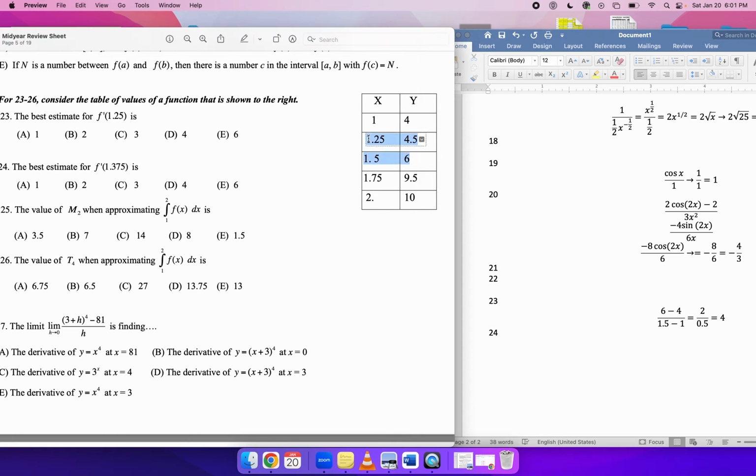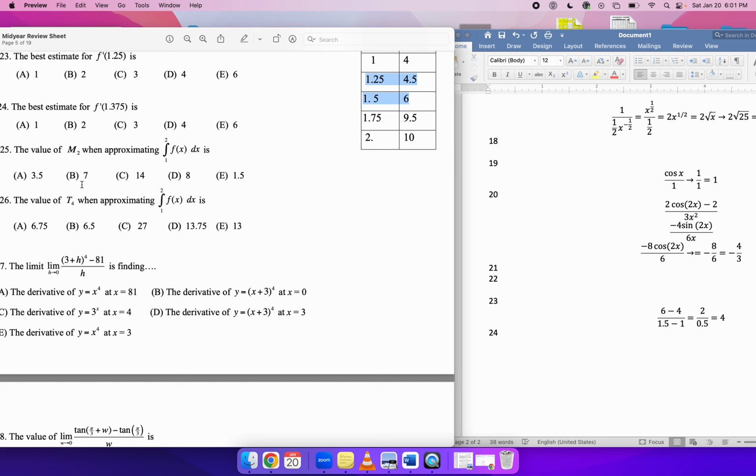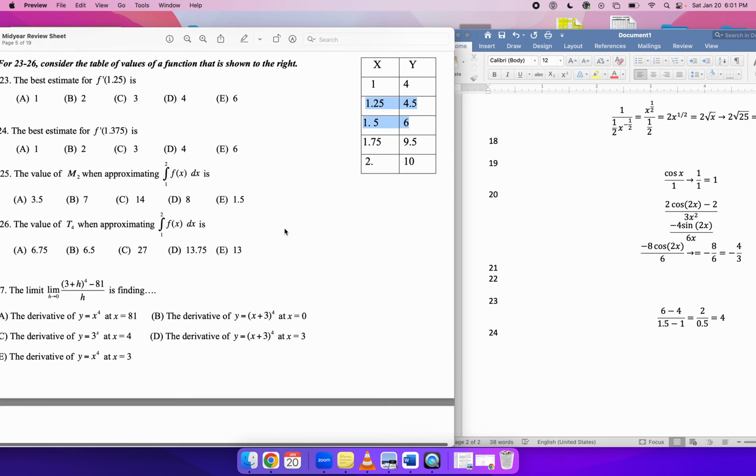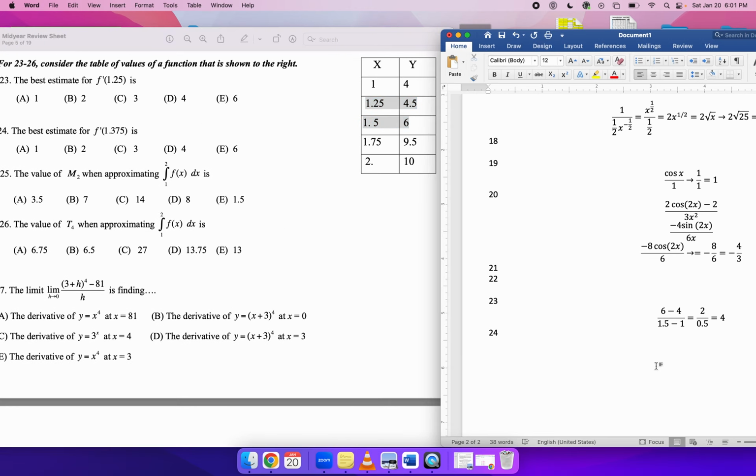For 24, you should just do the average rate of change over this interval because that's the interval which contains 1.375. 25, the value of m2 when approximating this integral is, okay, so we want to do m2 for the integral from 1 to 2. Well, if you're going to do m2, that means